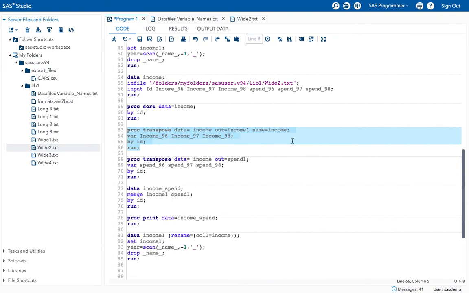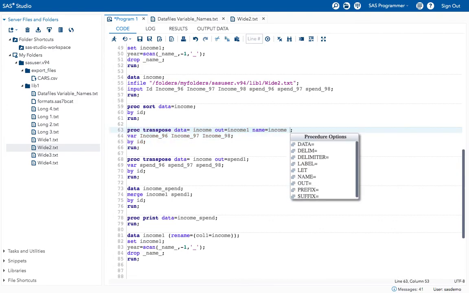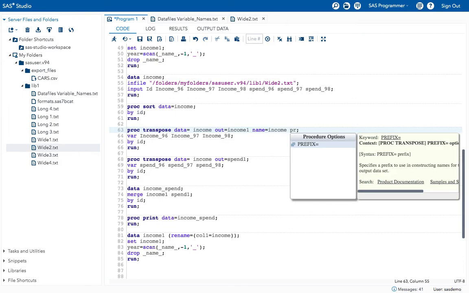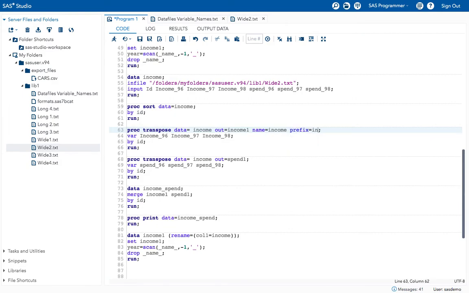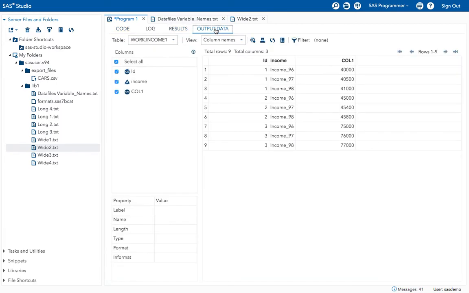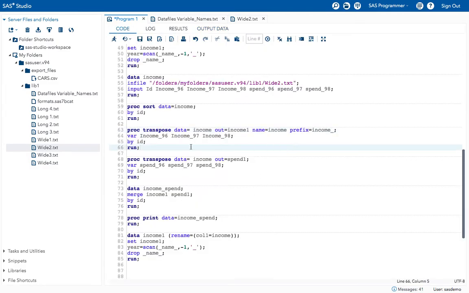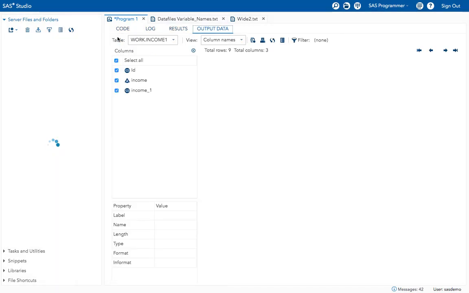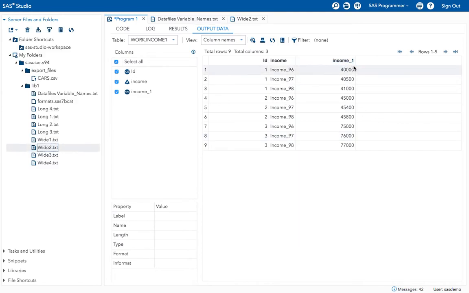How can I do that? By giving the prefix option equal to income underscore. I will get column 1 changed to income underscore 1. So the first 3 characters get replaced by the name that I give. Now if I execute this program, it got changed to income underscore 1.